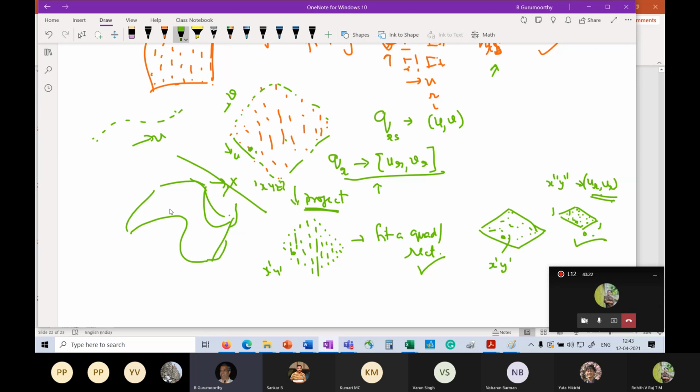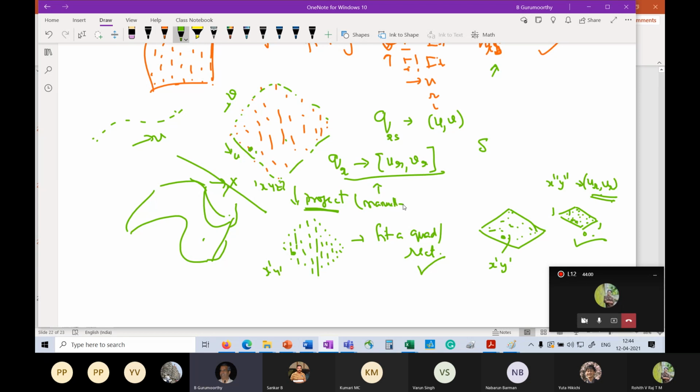Therefore, I cannot have a situation where two points on the surface project to the same point here, which means that for the same UV, I get two points. That cannot happen. My polynomial will not allow me that. My polynomial expression is guaranteed to give me a unique value for every UV. And therefore, it becomes a necessity that every point in the input data set uniquely projects to a point in this step. And to find the plane where it can be projected uniquely is not possible automatically, and therefore this is done manually.